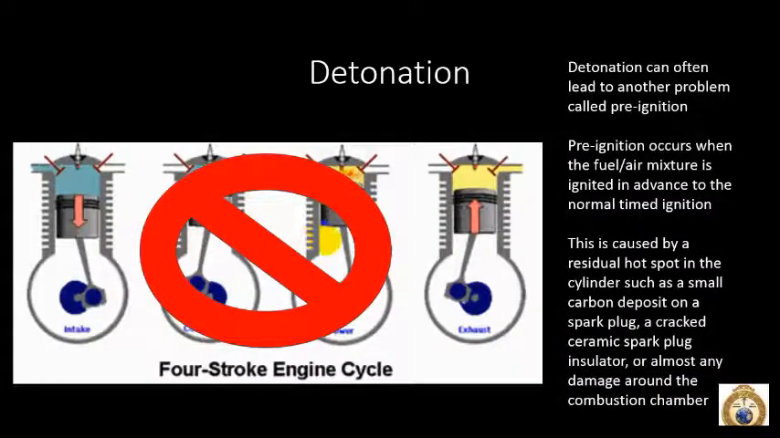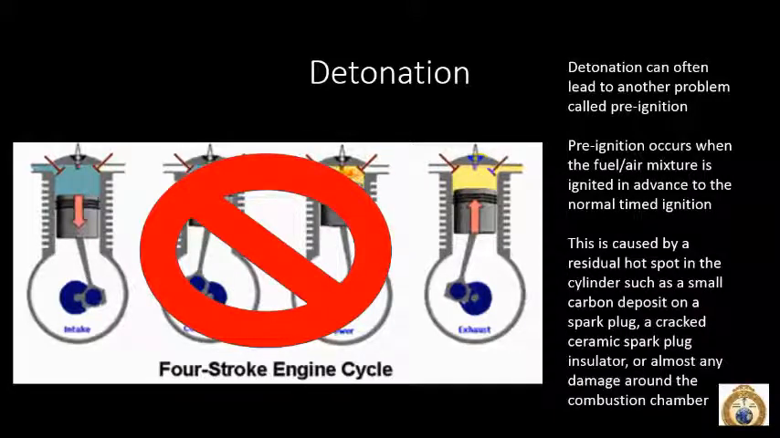Detonation can also lead to another problem called pre-ignition. Pre-ignition occurs when the fuel air mixture is ignited in advance of the normal timed ignition. We want ignition here in the power stroke, but if it's igniting before, it's not going to be good. Now this is caused by residual hot spots in the cylinder, such as small carbon deposits on a spark plug. So our spark plugs here. Now notice we have two because we have a dual ignition system. So we could have twice as much of a chance of running into pre-ignition if we don't go through the